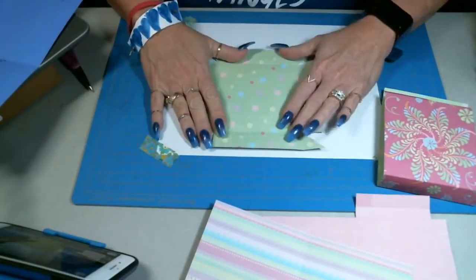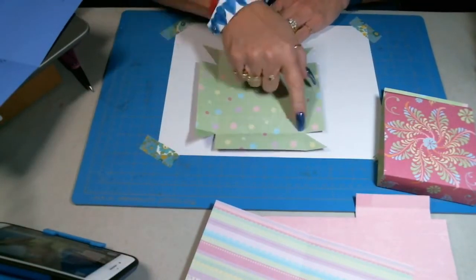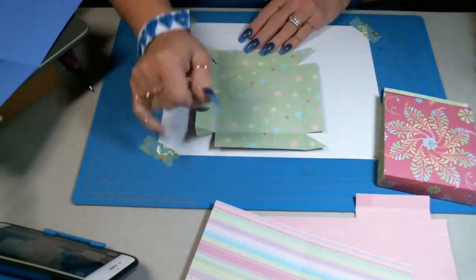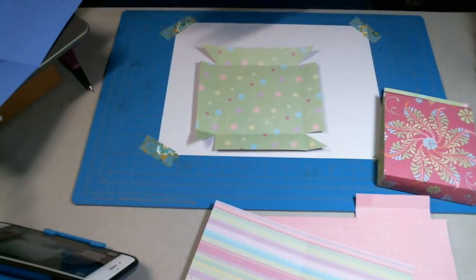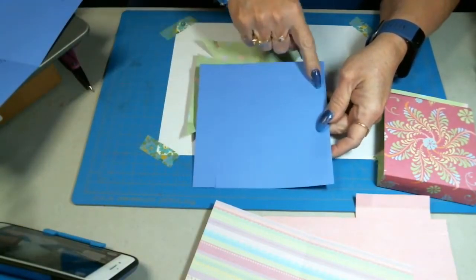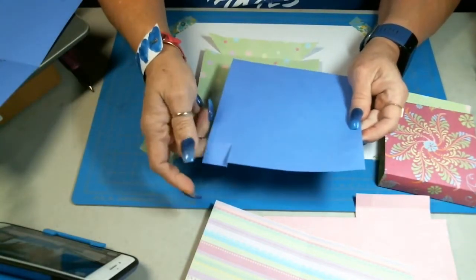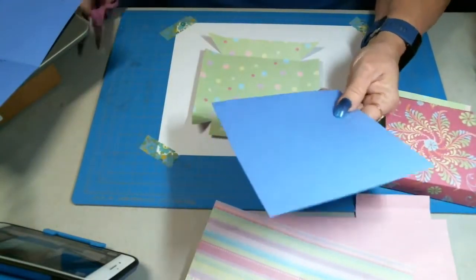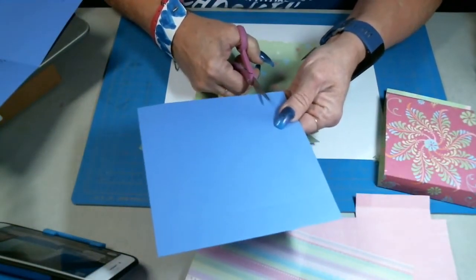Okay, once you have it cut out, then you're going to score it 1 inch all the way around. Okay, 1 inch all the way around is what you're going to score. All right, just like this piece here, and then score it 1 inch all the way around. And then once you do that, then you're going to come back in and cut one piece of your